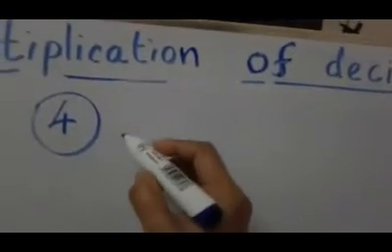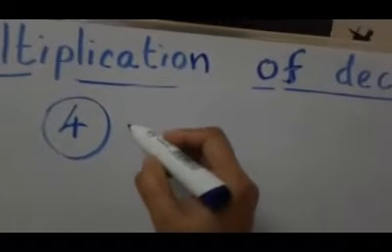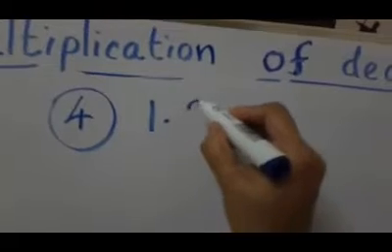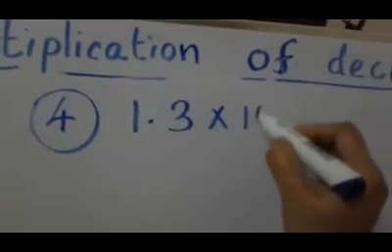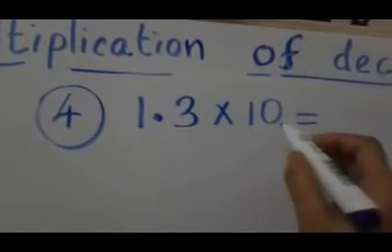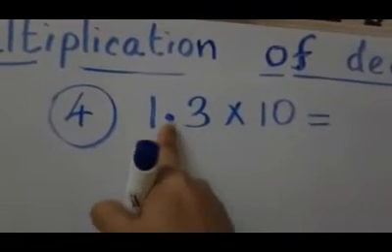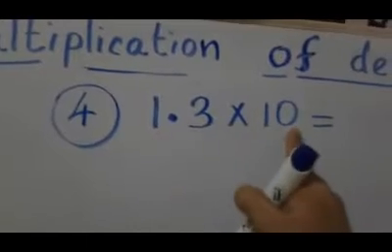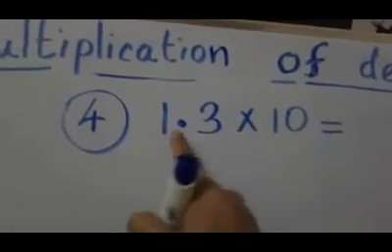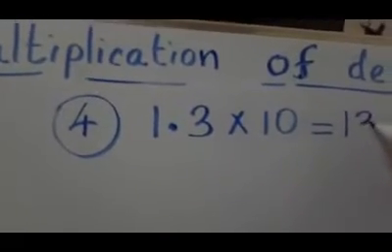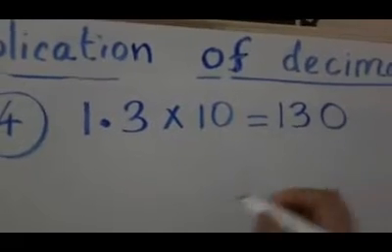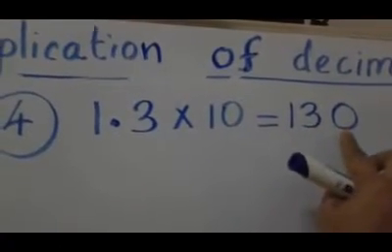Next I am going to show you how to multiply a decimal number by 10. I will show you one example. What is 1.3 multiplied by 10? What is the rule? First I want to ignore the decimal and multiply the numbers. This is 13 and 10. How to multiply this type of number? Write the number 13. Then here you can see 1 0. So put that 0. So you will get 130.